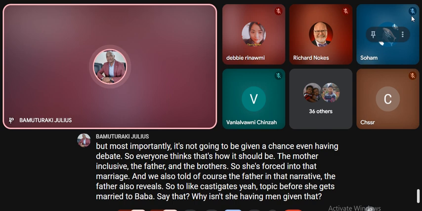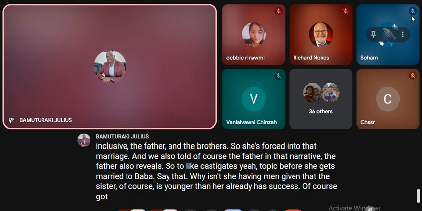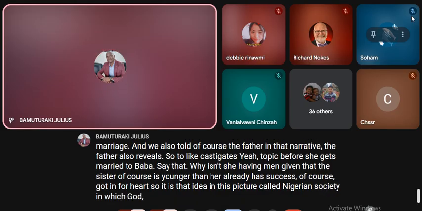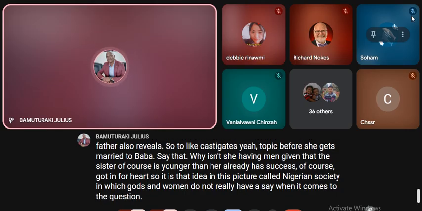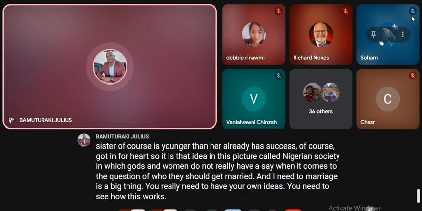Given that the sister, who of course is younger than her, already has suitors, all gotten for her. So it is that idea in this patriarchal Nigerian society in which girls and women do not really have a say when it comes to the question of who they should get married to. And yet marriage is a big thing. You really need to have your own ideas. You need to see how this works out, because marriage, as we all know, is not always a bed